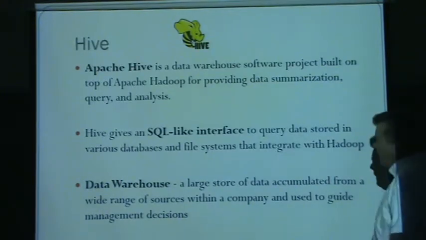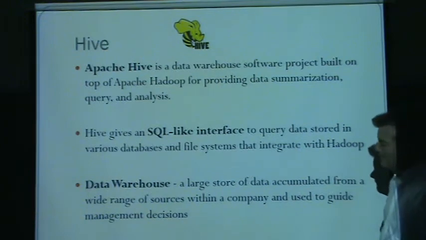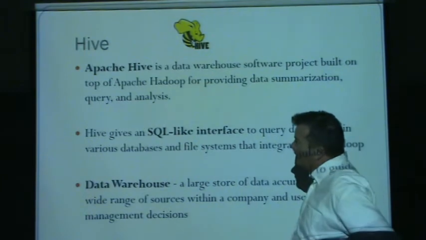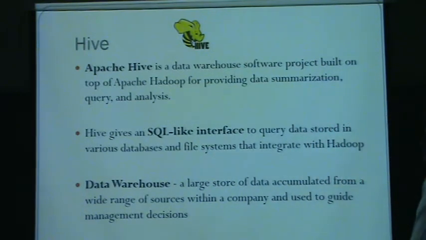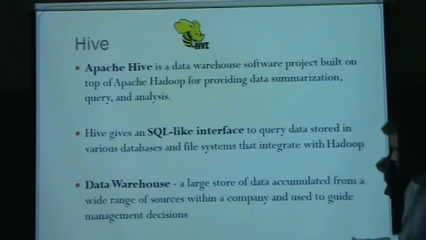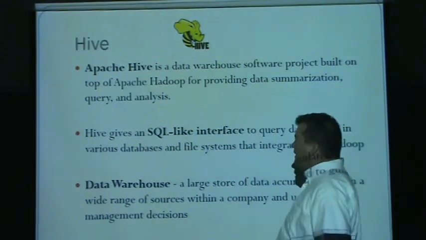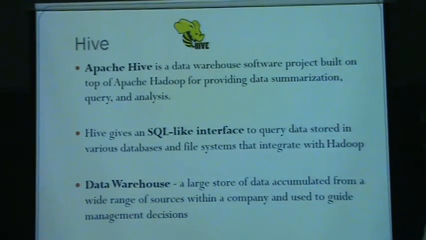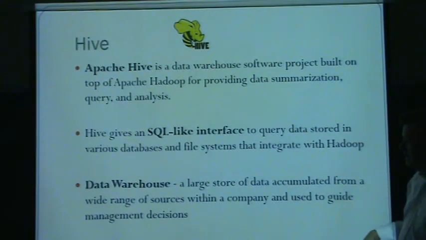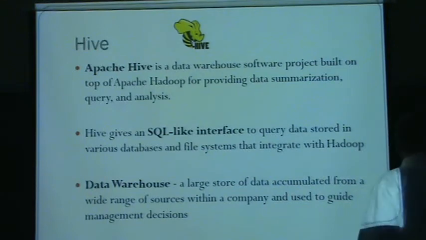Okay. And then there's a product called Hive, which is used once the data is all gathered together. Hive is also an Apache framework. It's a data warehousing software project built on top of Hadoop, providing data summaries, queries, and analysis. So you can do queries in an SQL-like language, which I call Hive QL, HQL. It's an SQL-like interface to the data that is all stored using the Hadoop file system, and you can do queries against the database.